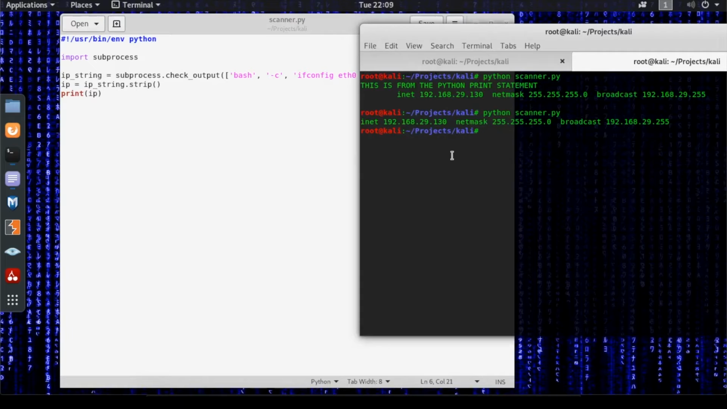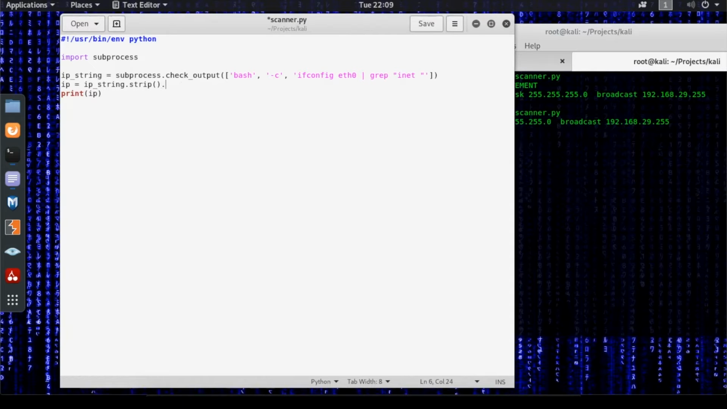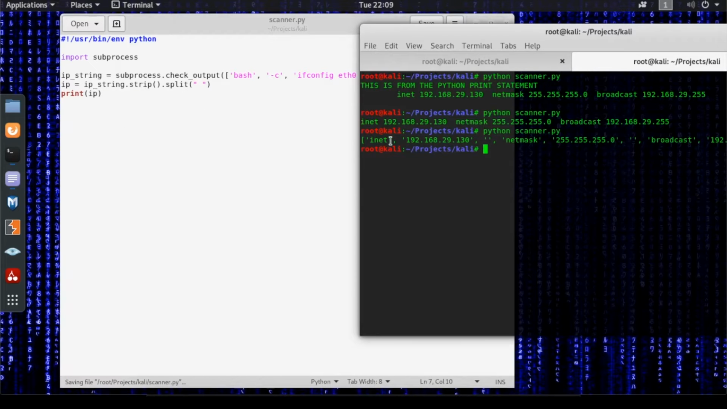And what we're going to do here is we're going to split this entire string based on the empty space. And what that's going to do is create an array where each element is a substring that is separated by the empty space. So the first element in that array will be inet, the second element will be our IP address, the third should be netmask, and so on and so forth. So I'll show you guys that here. .strip.split and pass in our single empty space as an argument, and now I'll print that out, and as you can see,